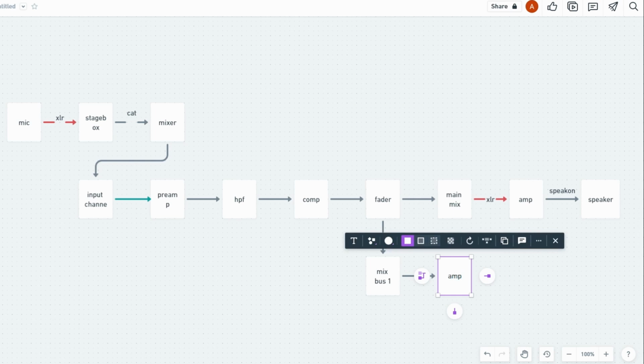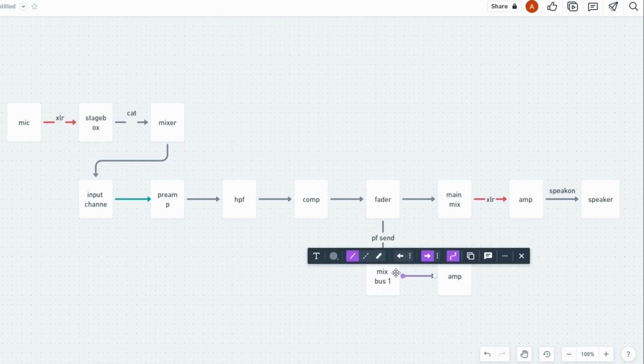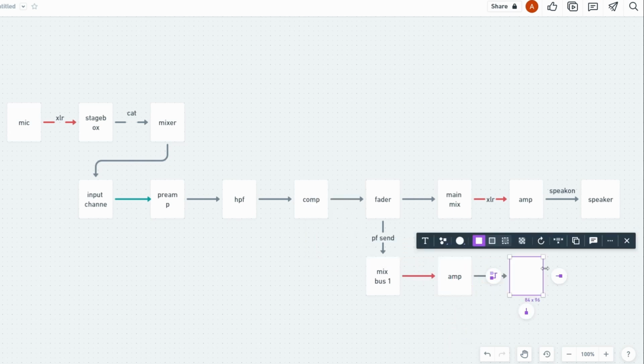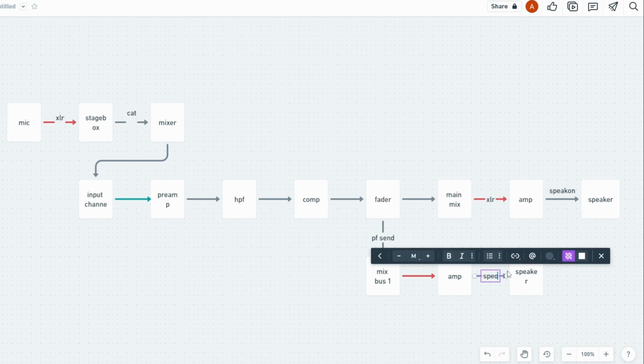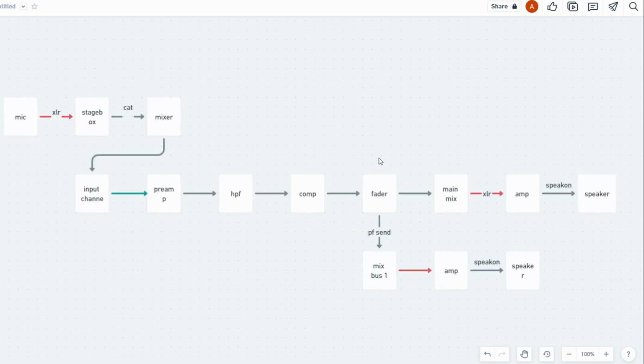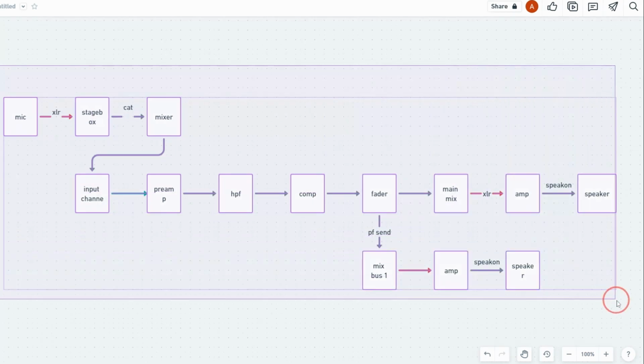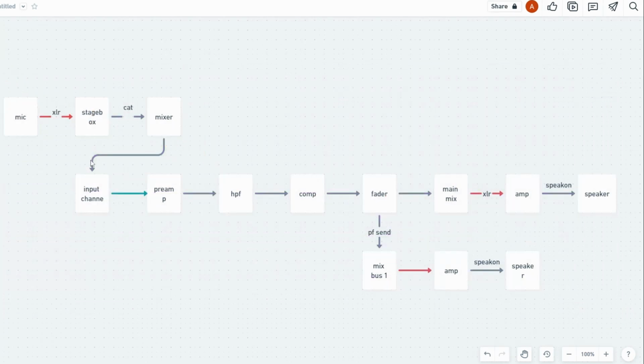It's going to its own amplifier. So we know this is going to be red again. That's because it's going to be a real world output. And then from that amplifier on to a speaker again with speak-on cables. You can plan out really, really complex systems with this, and you can zoom in, zoom out and get a really great overview. So this is your map before you go on the adventure of plugging in your microphones and